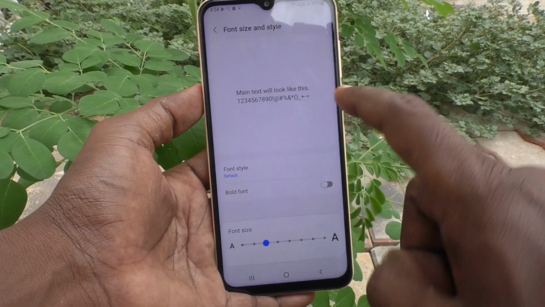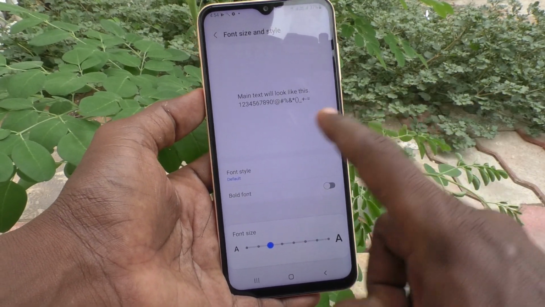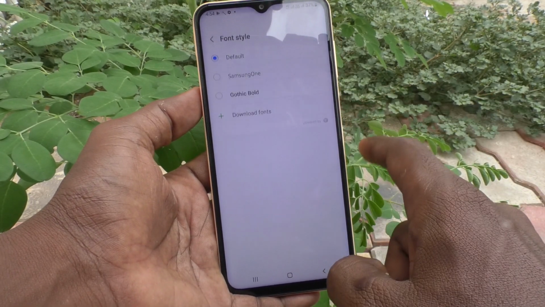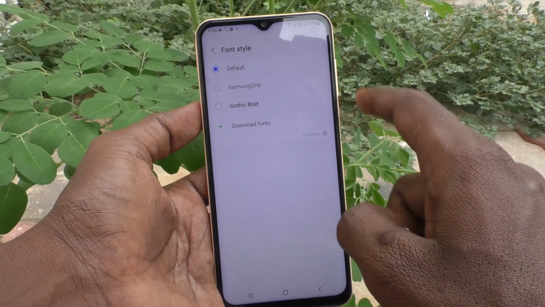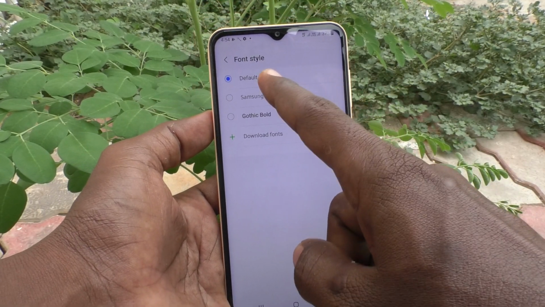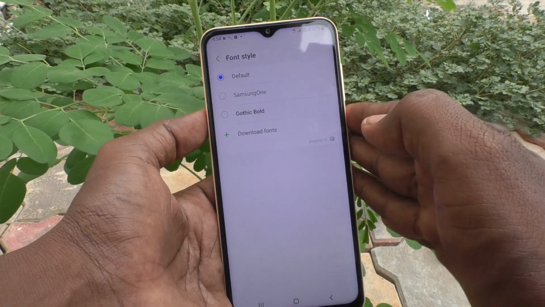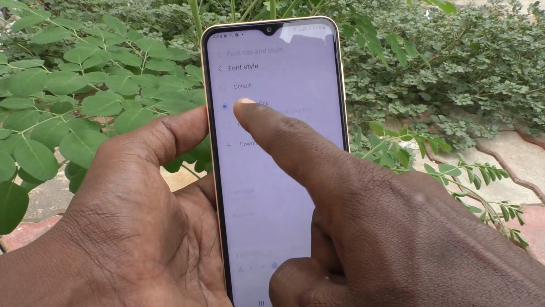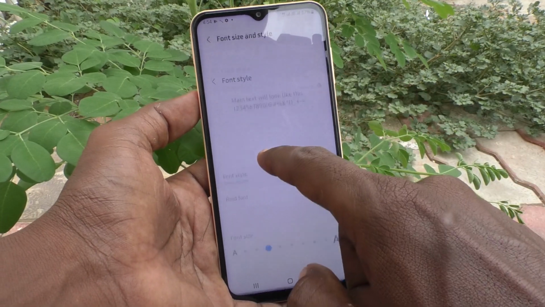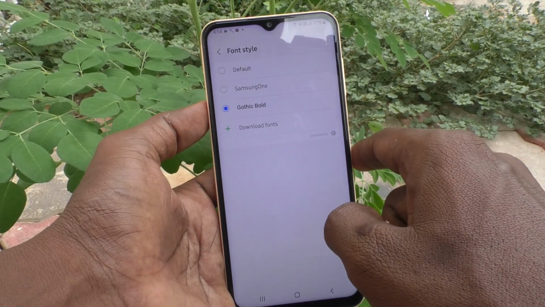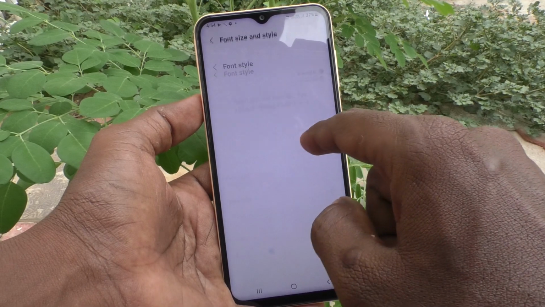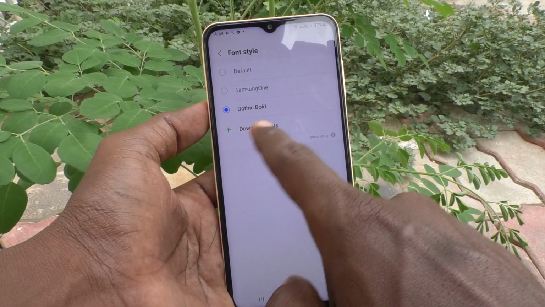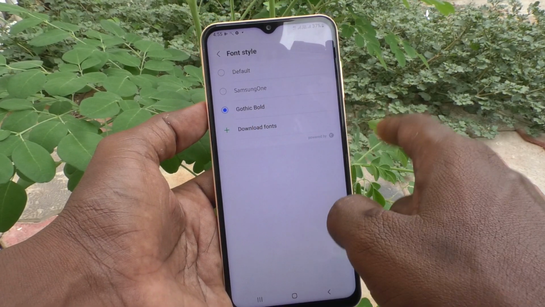And if you would like to change font style, click on font style here and by default font style is showing at present, and if you want to change, just choose from the available options: Samsung One, then thick, bold. You can also download fonts from the internet. Click on download fonts